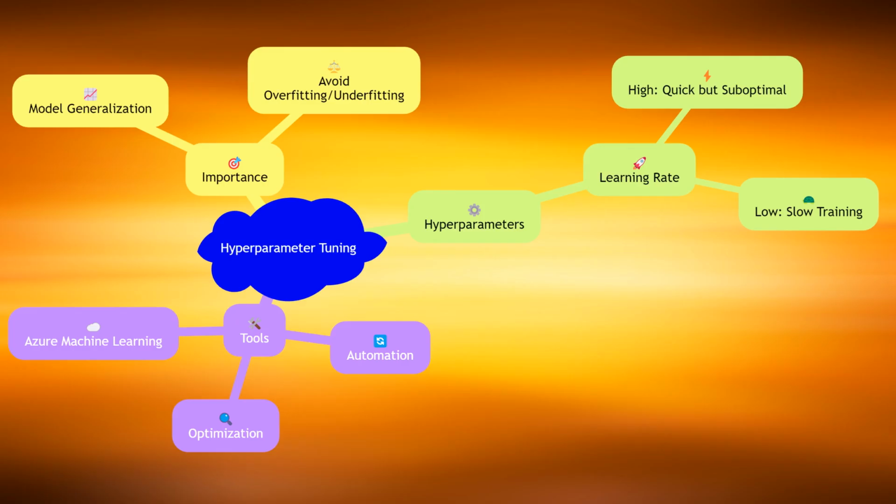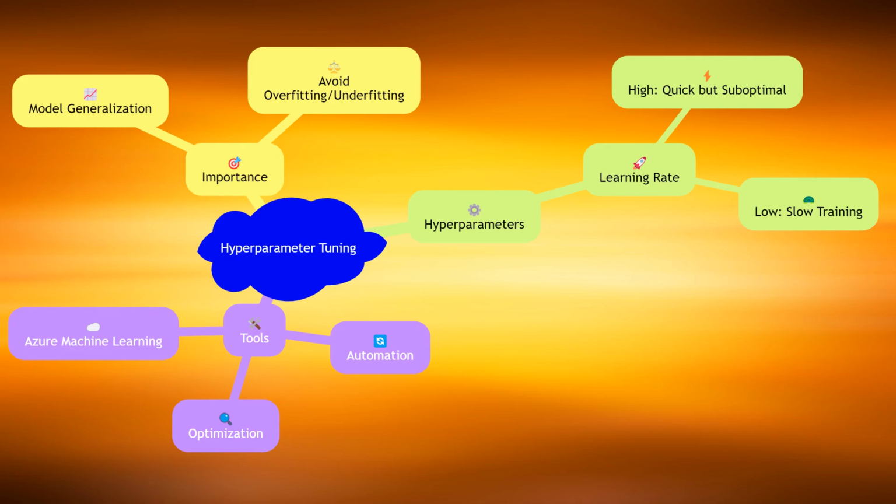Hyperparameter tuning is essential because it directly affects the model's ability to generalize from training data to unseen data. Poorly chosen hyperparameters can lead to overfitting or underfitting, resulting in poor model performance. For instance, a high learning rate might cause the model to converge too quickly to a suboptimal solution, while a low learning rate might make the training process excessively slow. Azure Machine Learning provides tools to automate and optimize this tuning process, making it easier to find the best hyperparameters